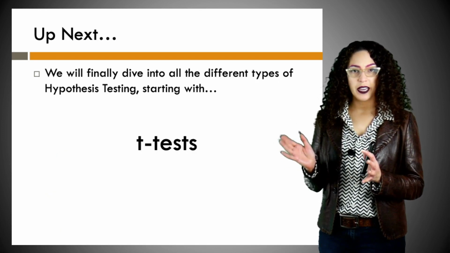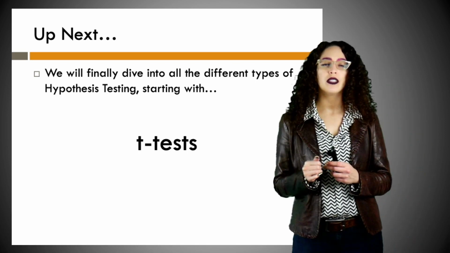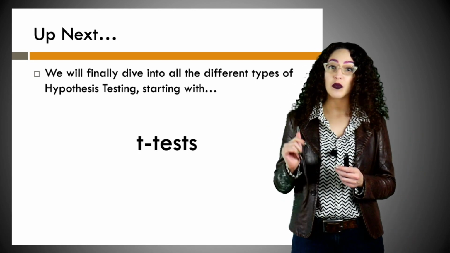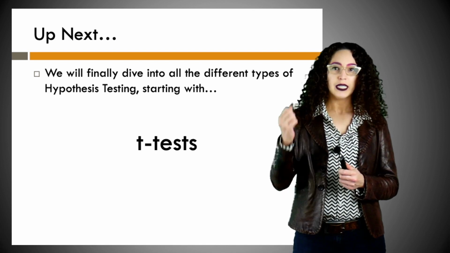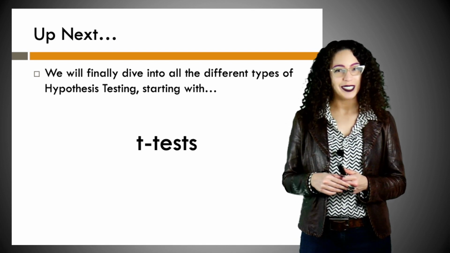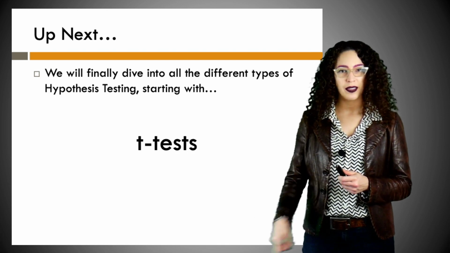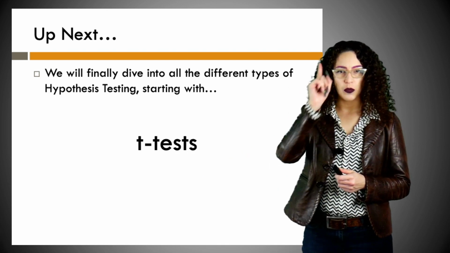All right, we've made our way through. We now know all the steps of hypothesis testing, and we are aware of the types of errors we can commit. Now it's time to start running some statistical tests, and we're going to start with t-tests. I will see you